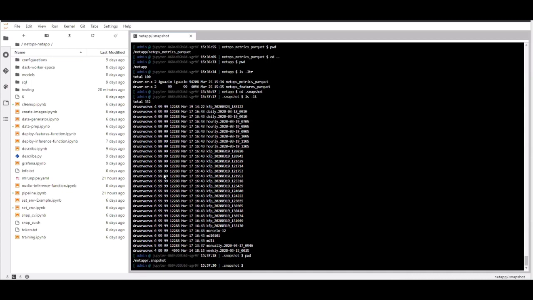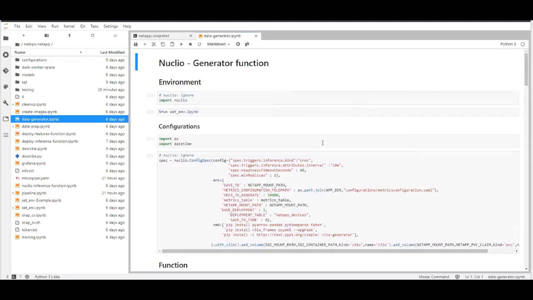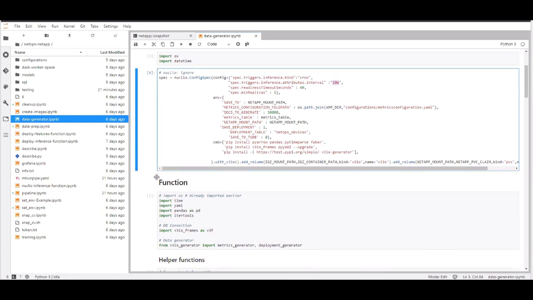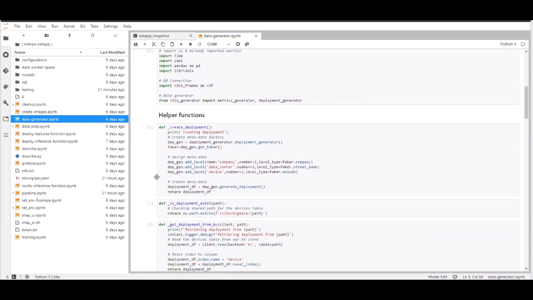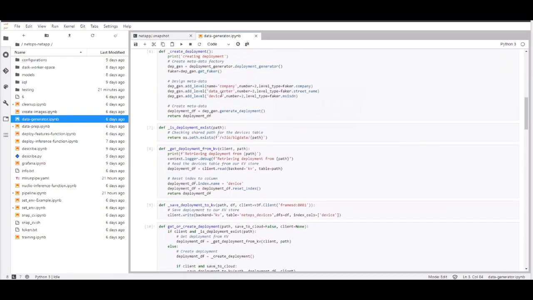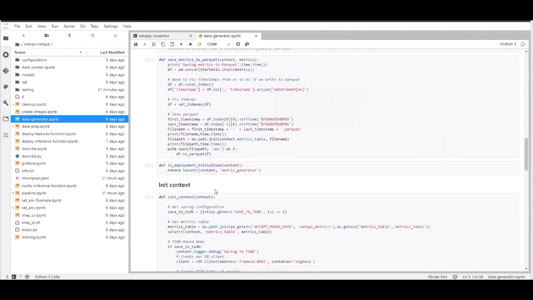So as a developer starts working with the environment, the first thing is to do data ingestion. Now, for the purpose of this demo, what we have done is we created a serverless function that runs every 10 minutes. This is leveraging our serverless functions framework called Nuclio, and it is simulating the incoming data from network devices. So this is just to do simulation of data consumption. This has information about a company, data center, the device, and then we provide metrics about CPU utilization,